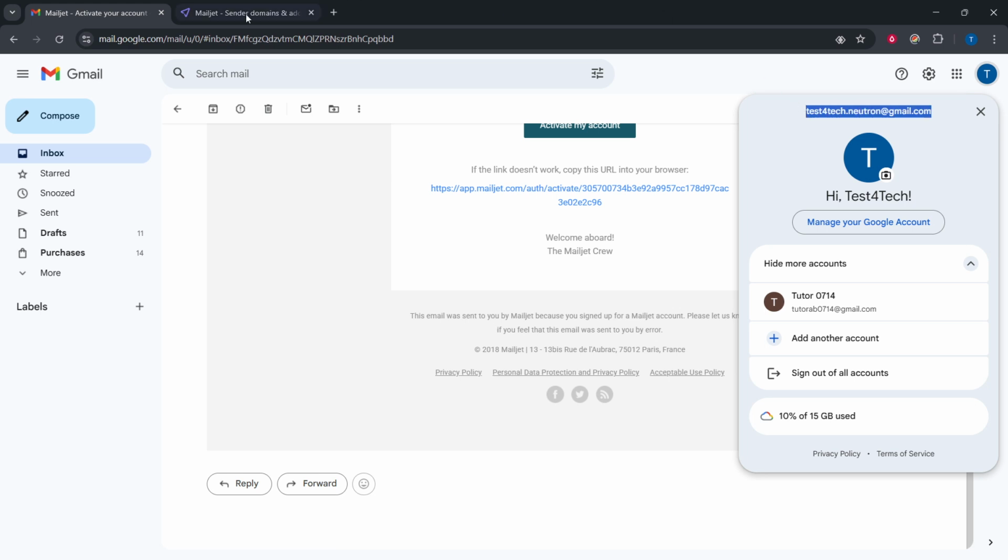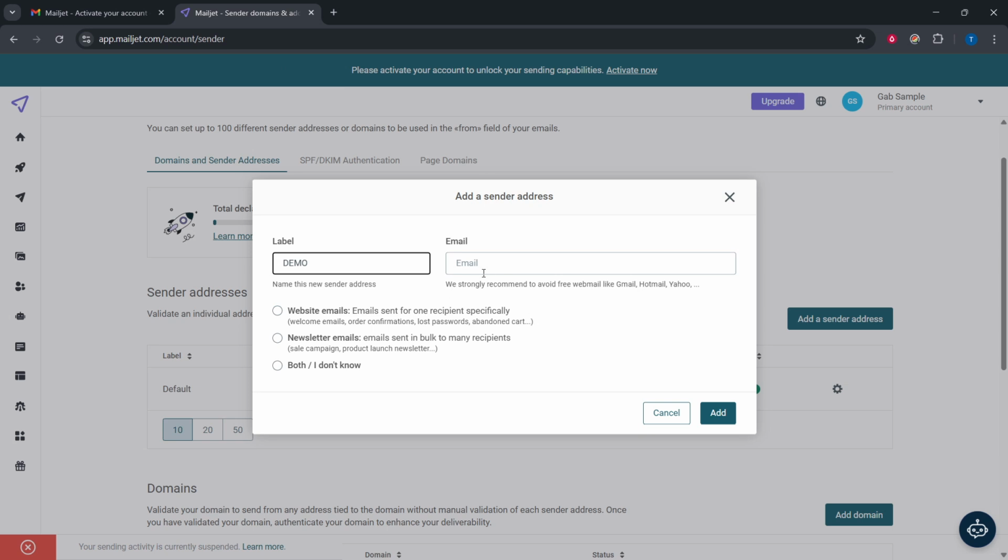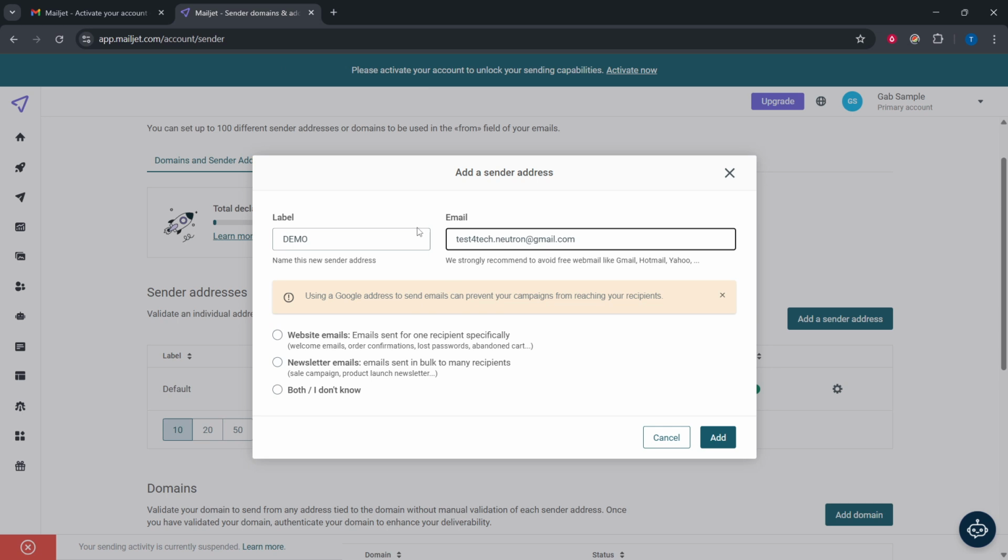Open the email and click the verification link inside. That link securely confirms that you own and control the address you entered. After you click the link, Mailjet marks the address as verified. From this point forward, you can use it as the from address when creating campaigns or sending transactional messages. If you're currently working in the Mailjet dashboard, you can refresh the Senders and Domains page to see the verified